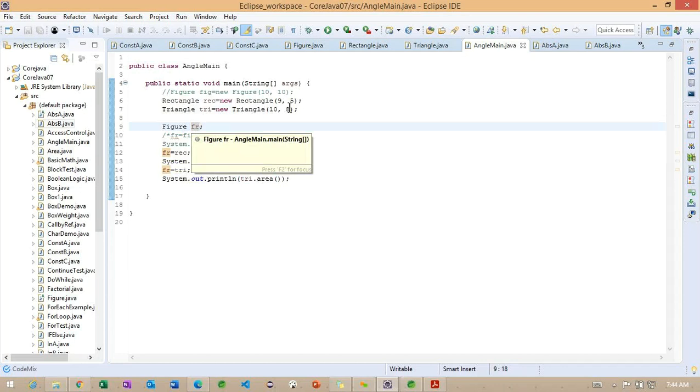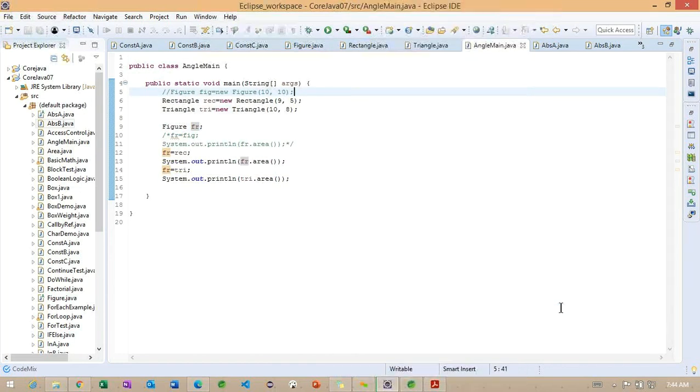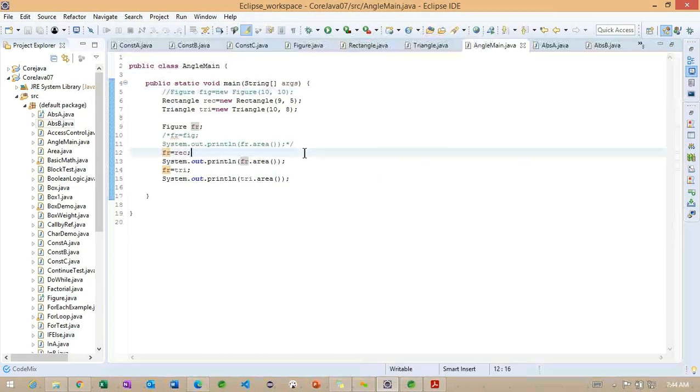Now, if I run the same example, how exactly it's going to print here? Now, one is the rectangle we are getting, one more is the triangle here. So this is the way also we can achieve the abstract information here. Right. And this is all about the abstract related example.